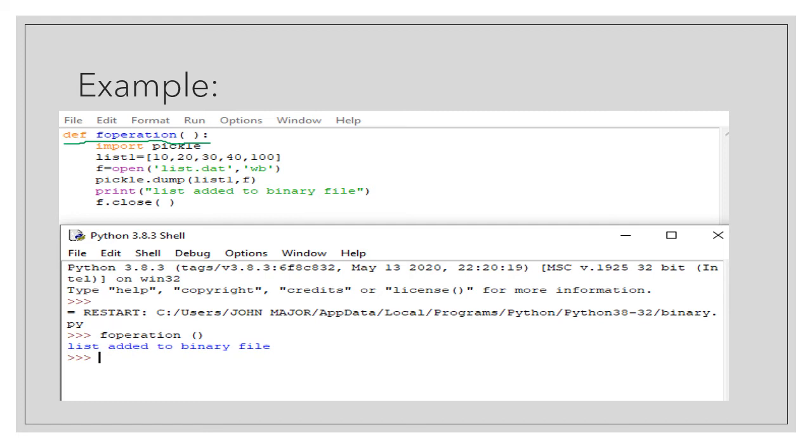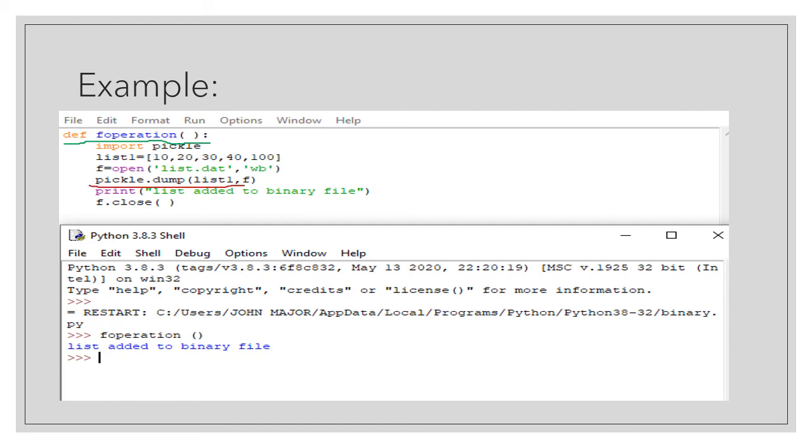We have two files, one is a text file, another one is a binary file. In this concept we are learning binary file. So list.dat along with write binary, we are writing the binary file, so that's why we are giving wb. And pickle.dump of list one comma f, that is the syntax. So the syntax is highlighted here.